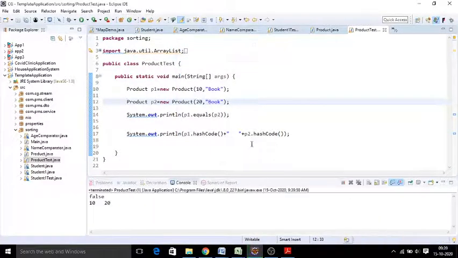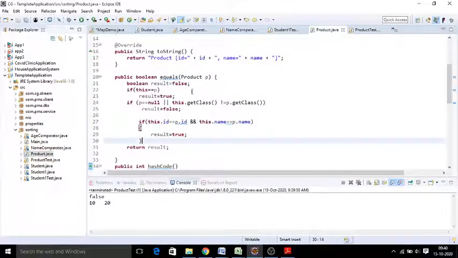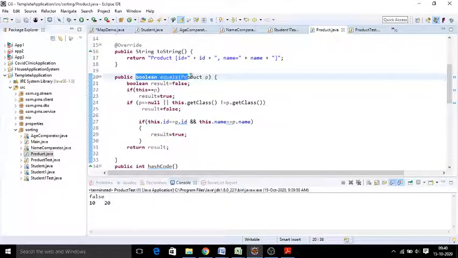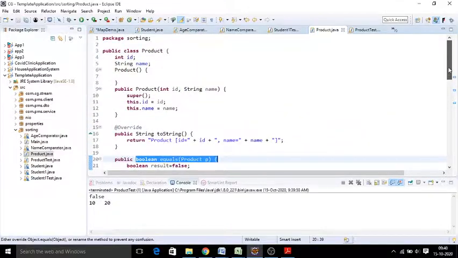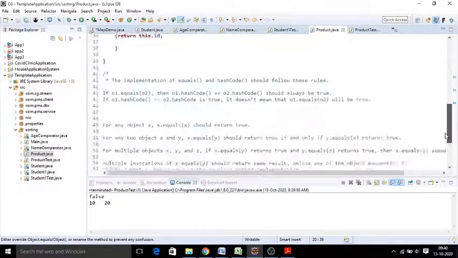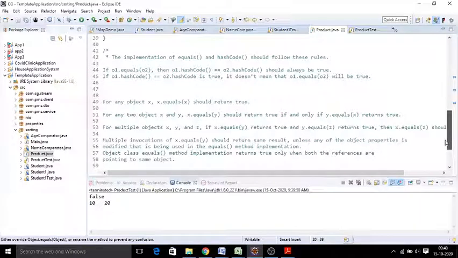That is how to ensure the equality of the objects. We can override equals as well as hash code method. Make sure how we are implementing it, and you need to follow the signature for equals method. Always its return type is boolean and you need to pass an object, and hash code return type is always integer. Whenever you override equals and hash code method, you just need to remember a few rules.